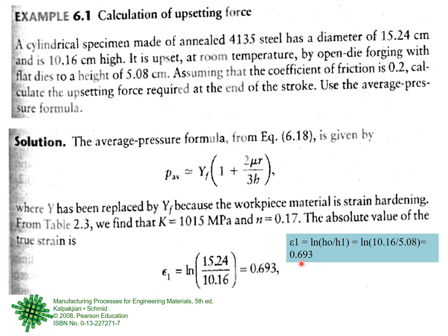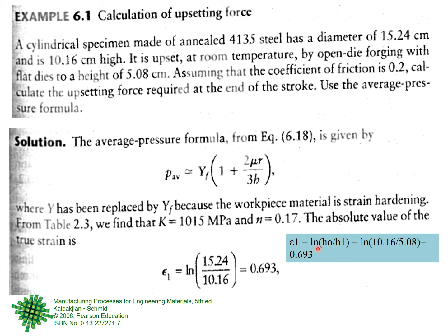This is the epsilon 1, isn't it? So this will be given. This is written slightly wrongly, right? That is why I have written this, that this is from a page in the book. Maybe in a later edition it is corrected already, but this value is not correct. You know that the original was given as 10.16, and the final height is 5.08, right? The value is correct, 0.693, but I don't know why they multiplied by some value. So this is wrong. Book is also written by human beings, typeset by human beings, right? So this is the correct value.